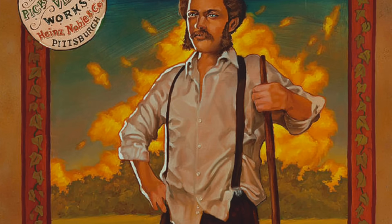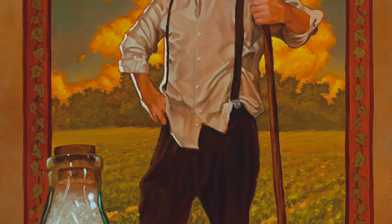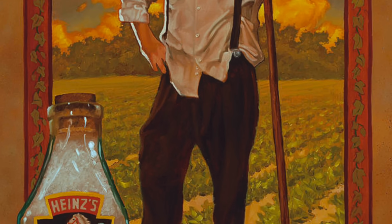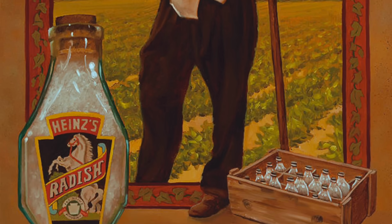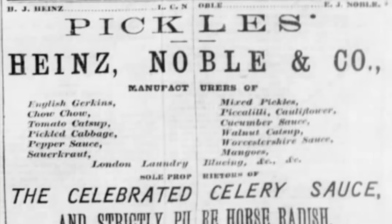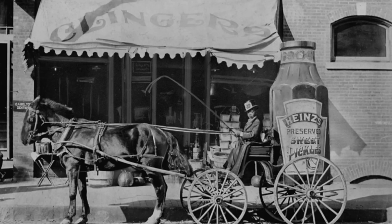Now, Heinz actually got his start in the exciting world of horseradish, which, using his mother's own recipe, he bottled and sold. What made him different was that he bottled it in clear glass, and so he could tell his customers, look, I'm using clear glass, hence I have nothing to hide. His pitch worked, and the business called Heinz & Noble took off, and they started selling other things including pickles and sauerkraut,